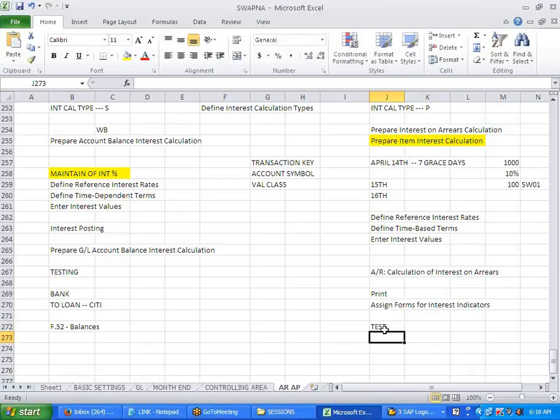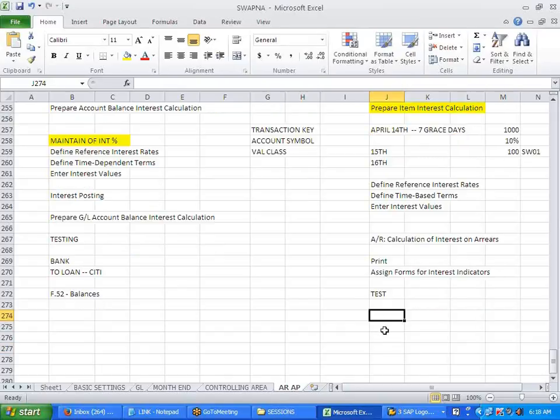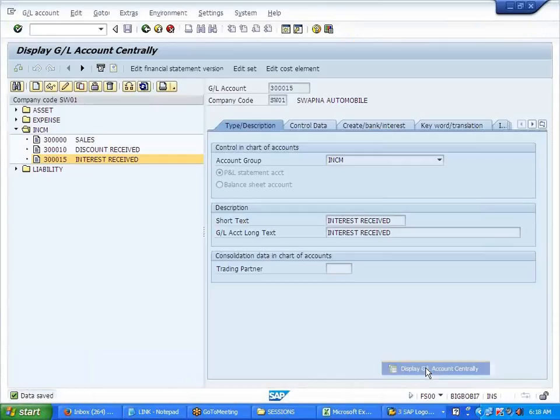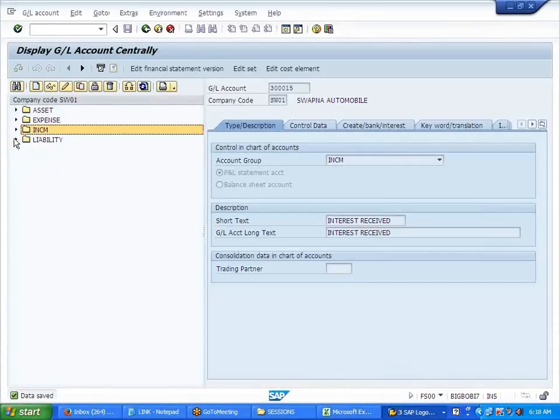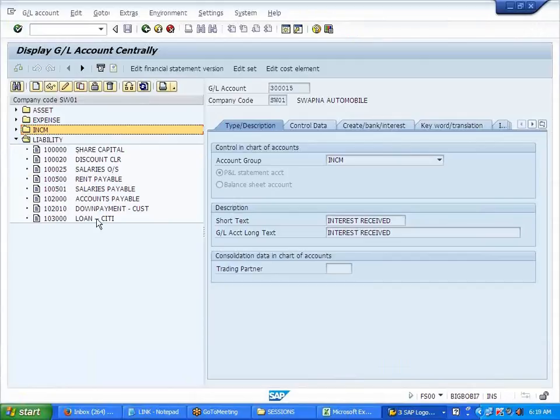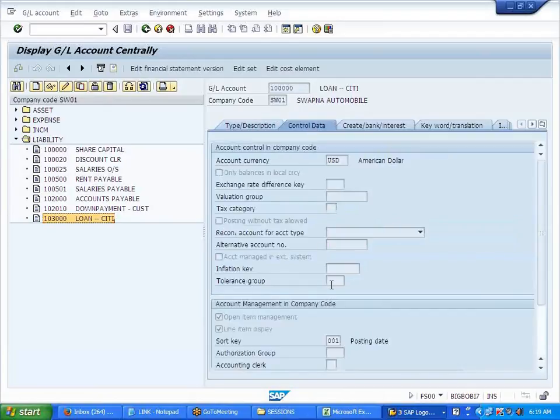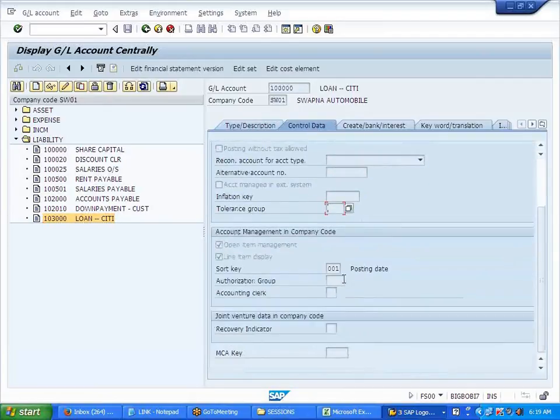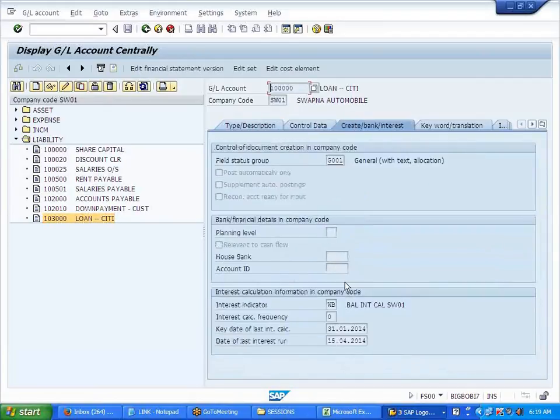Before we test this, in case of balance interest calculation, we updated the interest indicator into the GL account. Remember last time? In the last session, when we were calculating interest, to this loan account we updated WB.